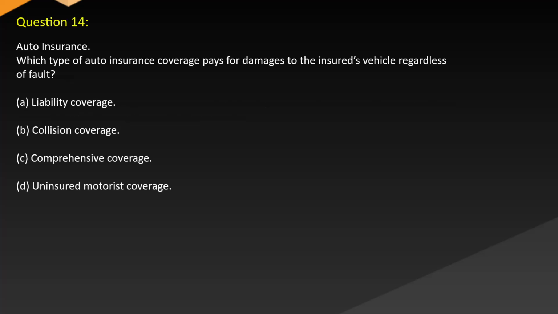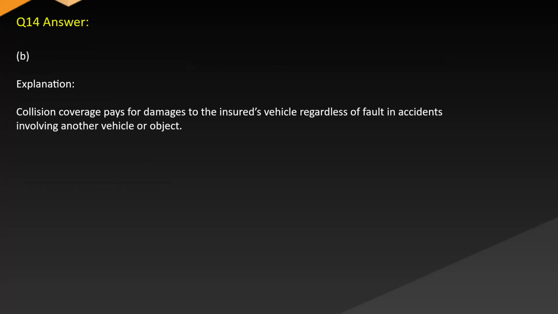Question 14. Auto insurance. Which type of auto insurance coverage pays for damages to the insured's vehicle regardless of fault? A. Liability coverage. B. Collision coverage. C. Comprehensive coverage. D. Uninsured motorist coverage. Answer B. Explanation. Collision coverage pays for damages to the insured's vehicle regardless of fault in accidents involving another vehicle